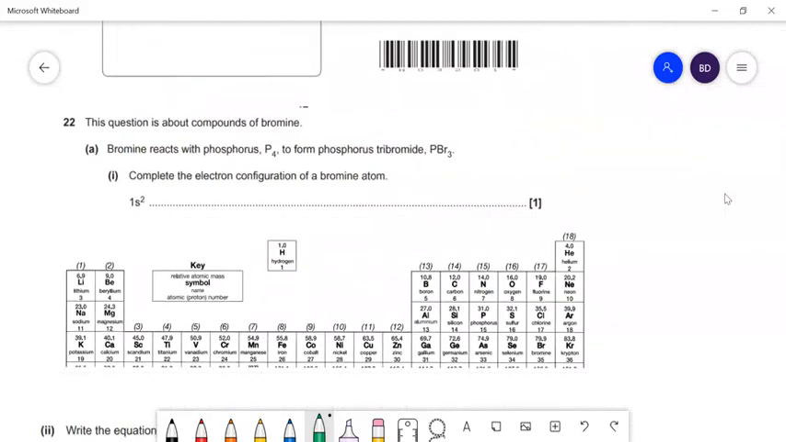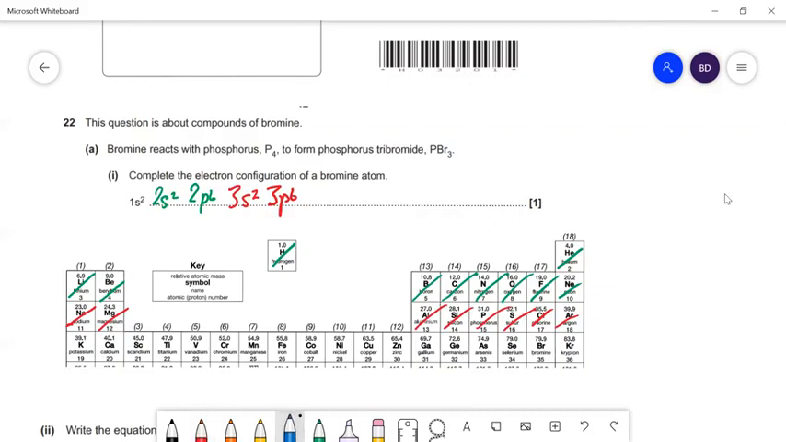Bromine reacts with phosphorus, P4, to form PBr3. Complete the electron configuration of a bromine atom. Okay, so we can see we've got hydrogen, helium, it's 1s, lithium, beryllium, so that's going to be 2s2, and then we've got 6 electrons in 2p, that's all full up. Next, we're going to have 3s, that's full up, so the 3s2, 3p, that's also filled, 3p6,